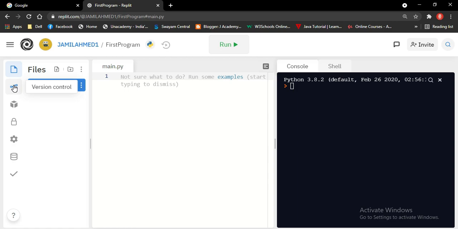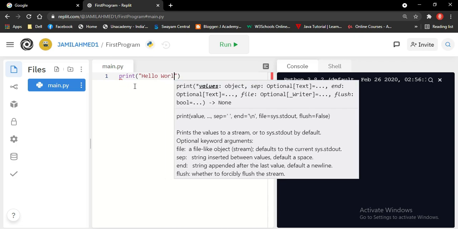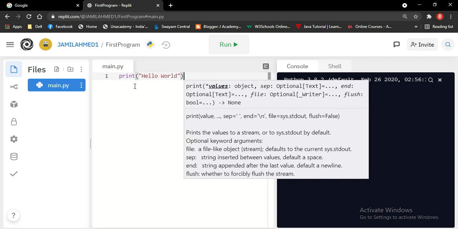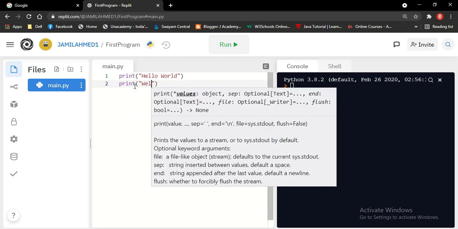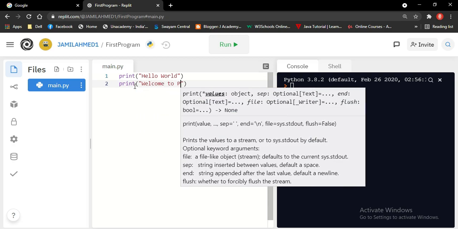You can have version control, packages, settings, database, and unit tests you can do, and this is the environment variables. So I will just do a very famous program of hello world. So I'm going to write print hello world, welcome to Python programming,